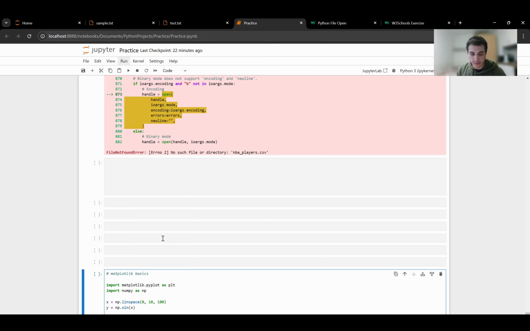Plot x label. I will give it a name. I will call it x axis. Same for the y, plot.ylabel. I will give it y axis as a name, and for the title of our plot I will call it sine wave plot,